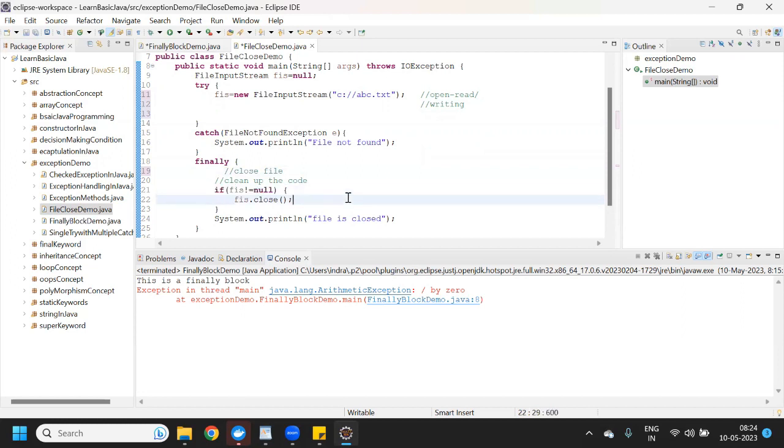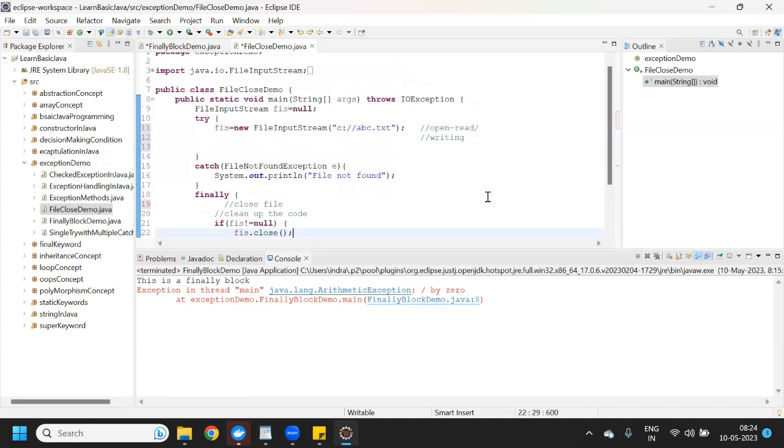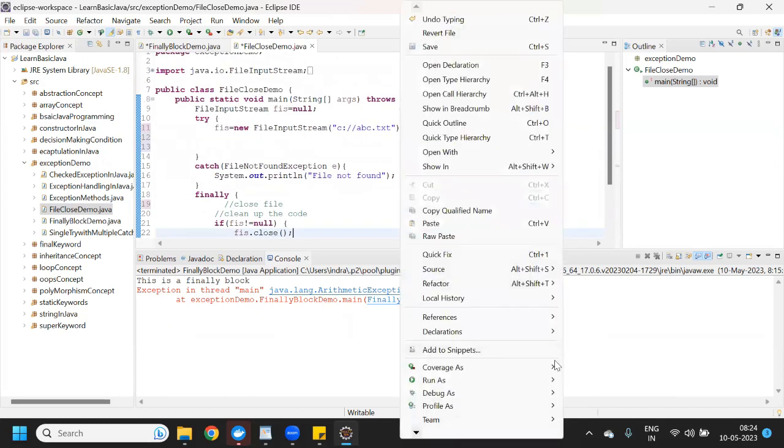If your file is not closed, then it will close the file first, and then whatever the remaining code will be there, it will be executed. So if I run this program,